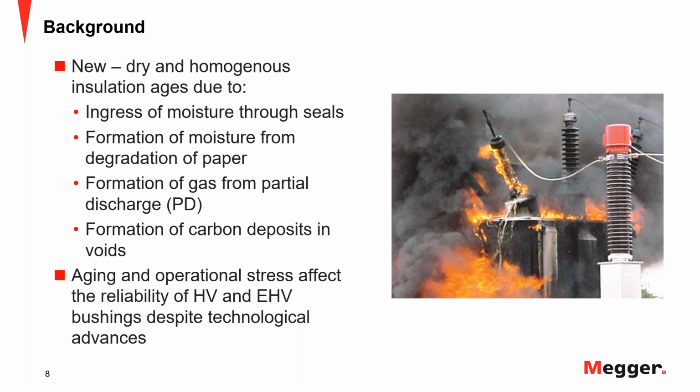So the ingress of moisture could be through seals. There might be formation of moisture from degradation of the paper as part of the aging process. There might be formation of gas from partial discharge activity inside the bushing. And of course, sometimes we need to overload our system. We may have a fault in the system that will create a formation of carbon deposits in voids inside the